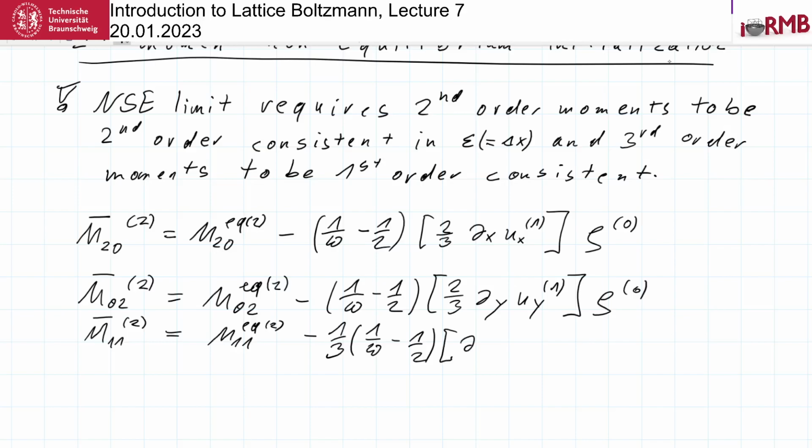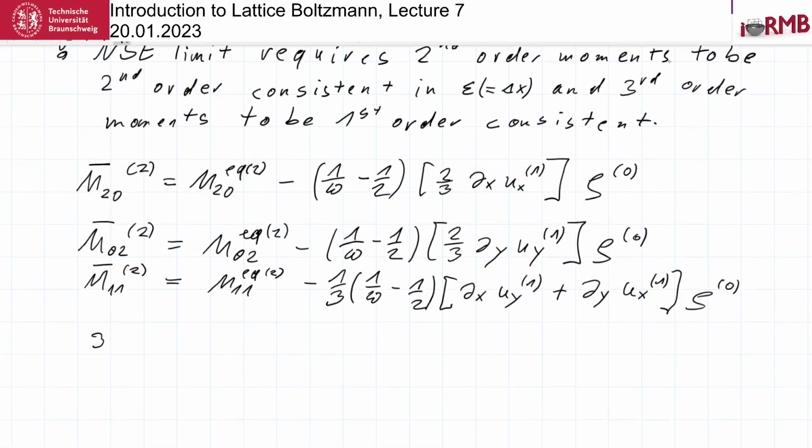And this is dx uy to first order plus dy ux to first order. And I've forgotten to write rho. So, okay, rho 0, as we specified, is 1. So I can actually omit this. So, as I just said, third order is easy,